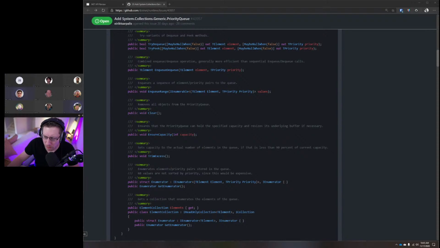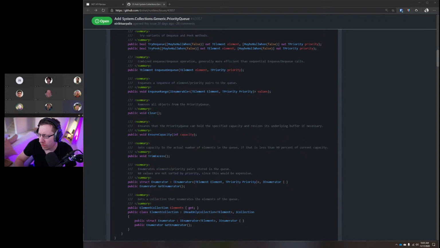Sorry, what was the suggestion? So the suggestion is either we implement the priority queue as proposed here, or alternatively, if we would have the priority queue implement a read-only collection of key value pair priority, element, then my proposal is that we should probably change the term priority and use the term key to minimize confusion. Like I kind of think that if you do .key on a key value pair to get the priority, I don't particularly like that.